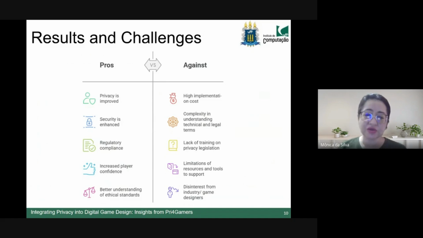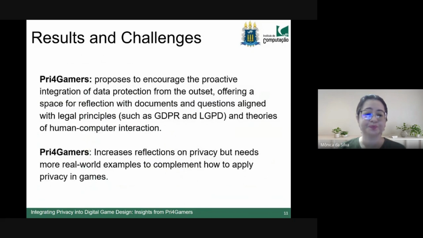They need to comply with the laws, but they claim this raises game costs, lengthens development time, and complicates the game. That there is a problem in interpreting the laws, and that they also have limitations. That the industry itself sometimes may not be interested in addressing privacy issues within the game. The fact that data also has monetary value within games.